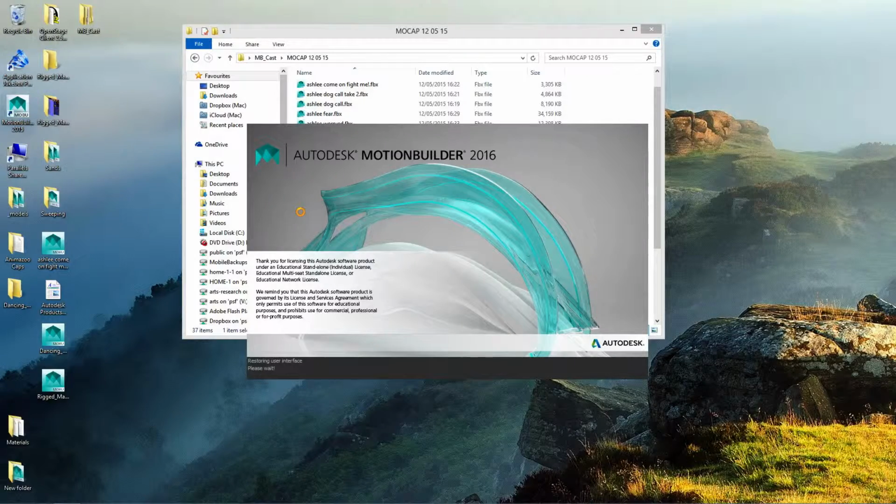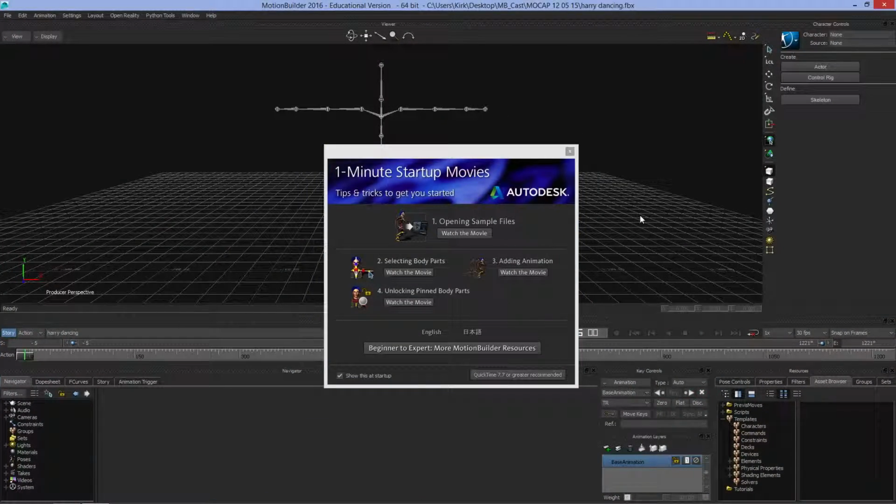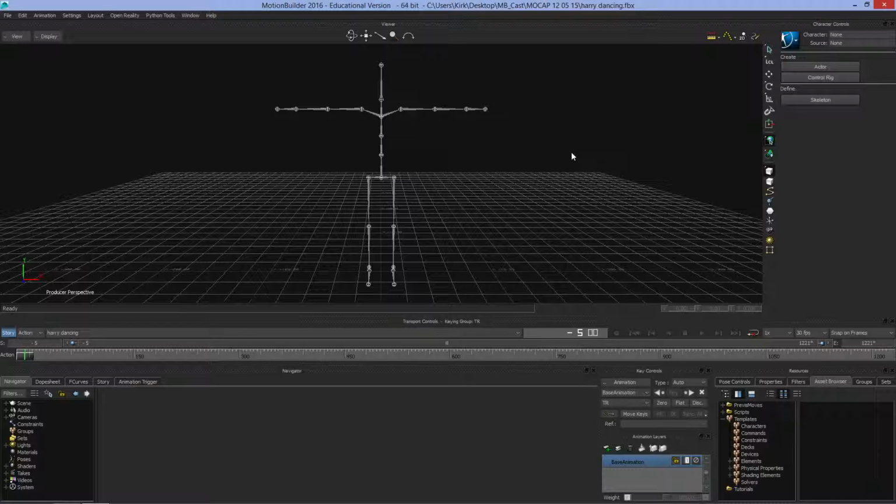It should launch Motionbuilder and load up these characters. The movement which is coming in from the Organic Motion Suite is actually generated onto a skeleton. So Organic Motion has created a skeleton for you. Now, if you wanted to use this to drive a 3D character, normally you would have to build a character with exactly the same number of joints, with exactly the same number of bones, and if I hit Control W,